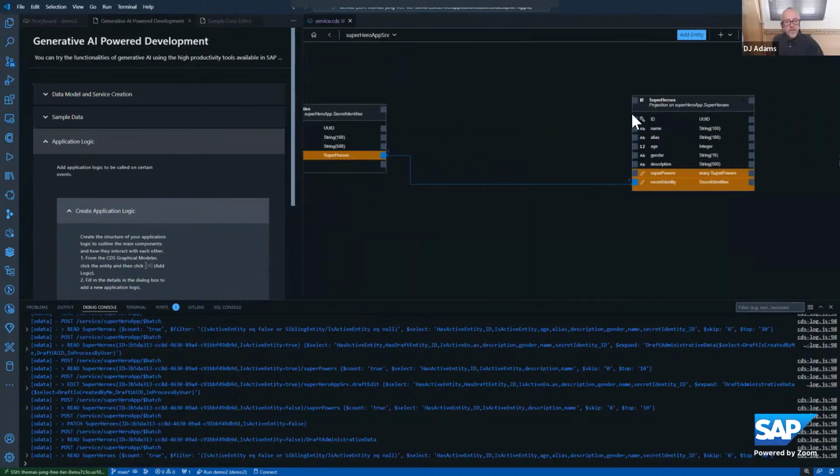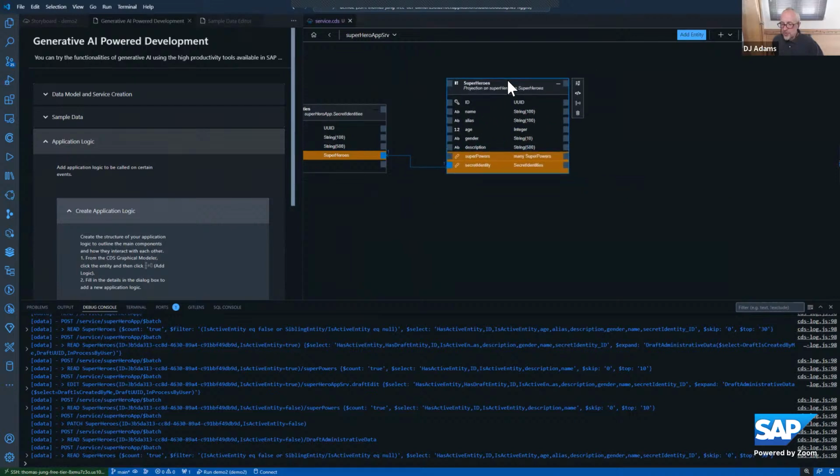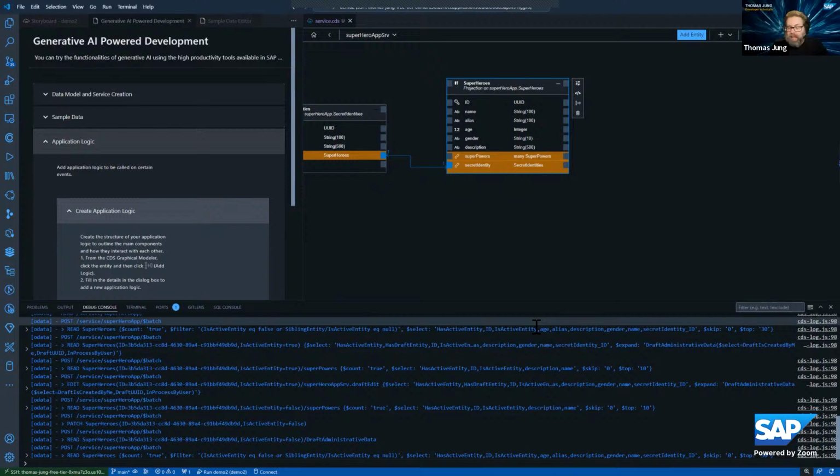And while you find your way there, let's try and get another question in from Sheku the Stud. Good name. So can we say that as of now, Joule is designed only for CAP and Node.js related applications, and nothing on the ABAP or RAP side? At the moment, yes. But the ABAP RAP support is coming, planned to be released at the end of Q2. There are similar capabilities for the ABAP environment as well.